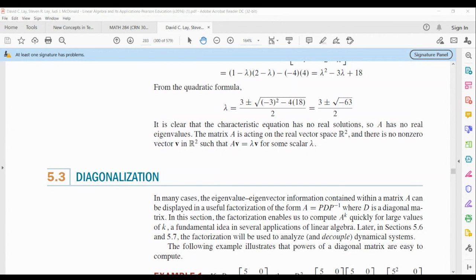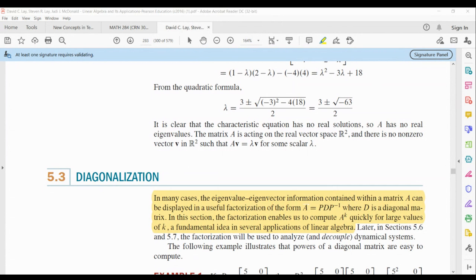Okay, so right here in the introduction, they have a very important couple sentences. So in many cases, the eigenvalue, eigenvector information contained within a matrix A can be displayed in a useful factorization